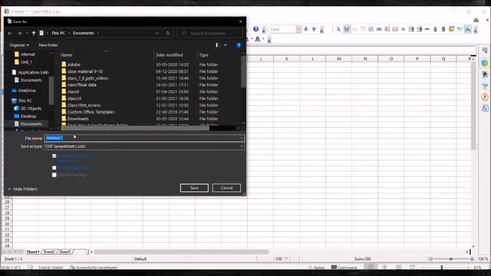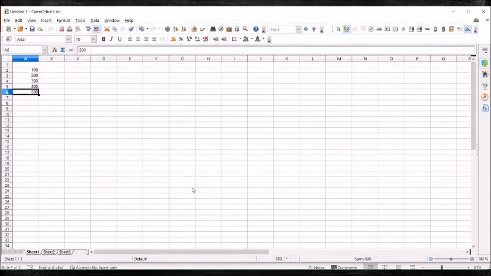Suppose I save this worksheet with the name original. I am giving a short name. I'll save it.